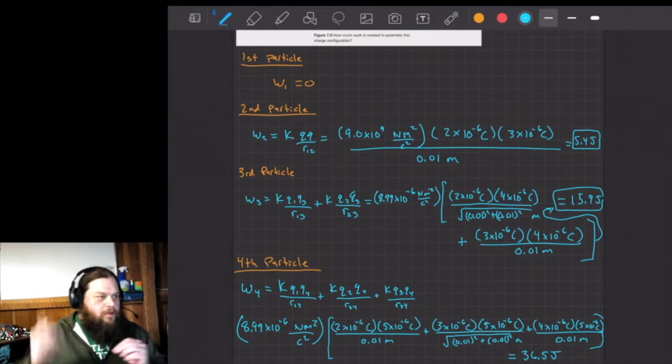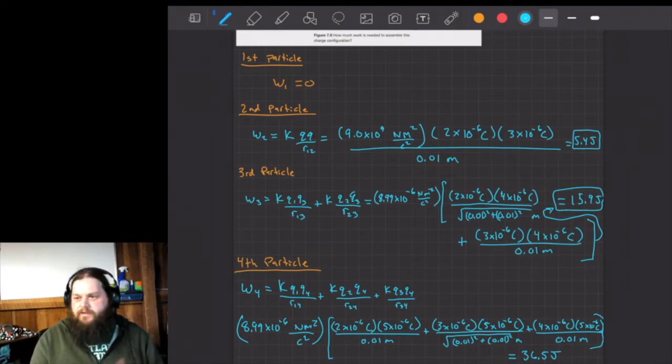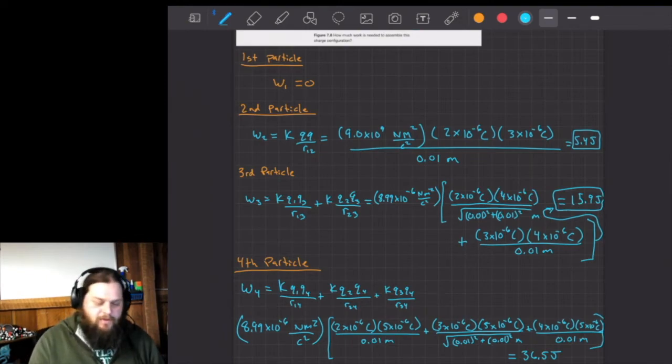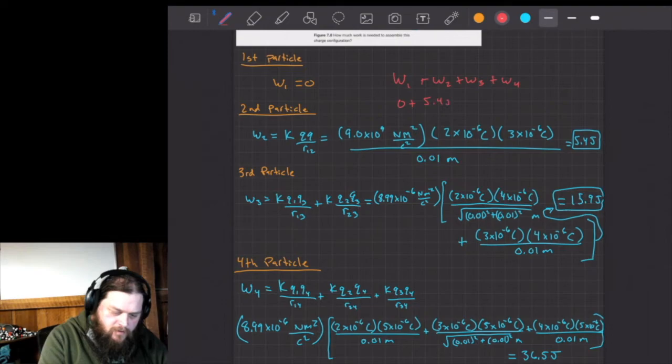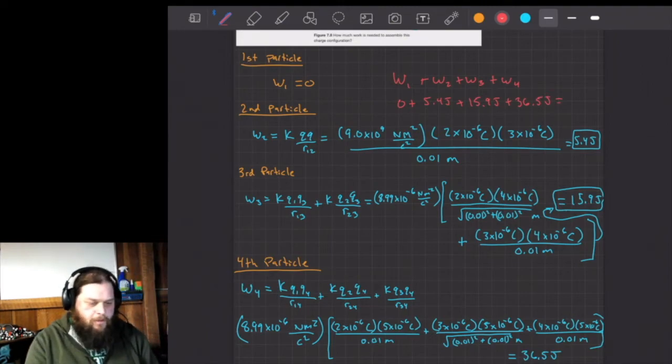In this case, all of the particles are positive, so the potential energy for all of them is going to be positive if we were to add those potentials. But in this case, we can add up all 4 of those values. The work for the first, so I can say work of 1 plus work of 2 plus work of 3 plus work of 4 is equal to 0 plus 5.4 joules plus 15.9 joules plus 36.5 joules. And adding up all those values,